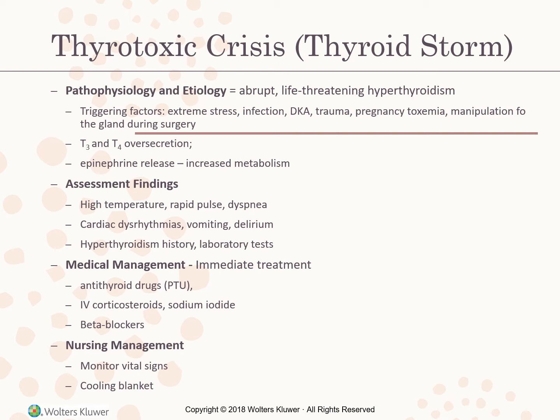Our responsibility as a nurse with somebody who is in a thyrotoxic crisis is to monitor their vital signs, especially their temperature, pretty frequently. When the patient fails to respond to an antipyretic drug, some other measures are taken, such as a cooling blanket or an ice application, or we can even put them in a cool room, and this can help reduce their body temperature.